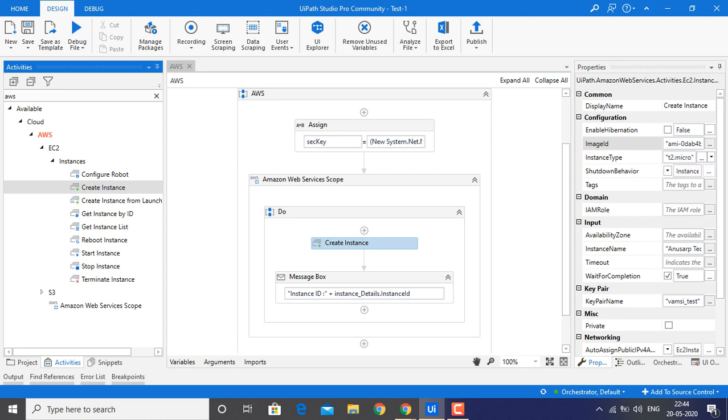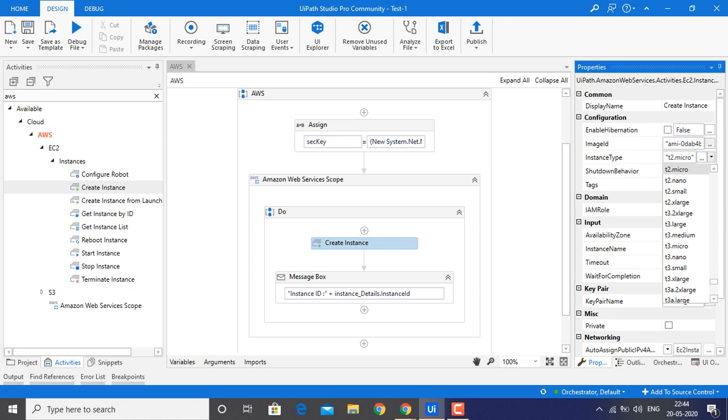Then, in real-time cases, you have to provide the instance type. For my demonstration purposes, I have taken T2 micro. This is the T2 micro, guys. The T2 micro is eligible for the free trial for one year.